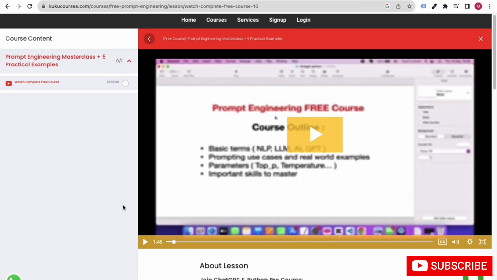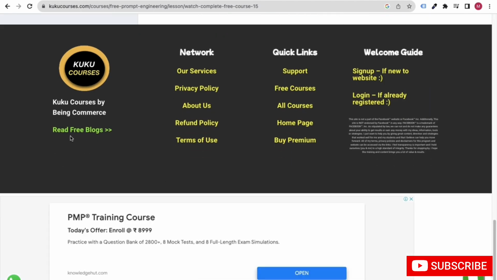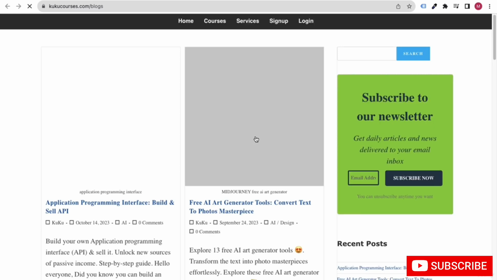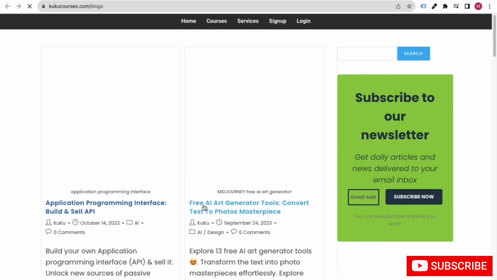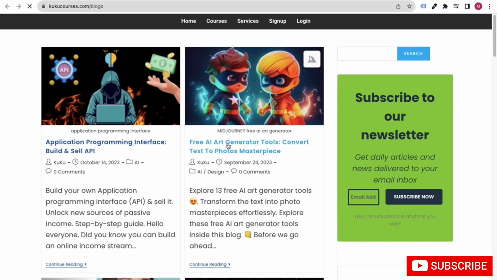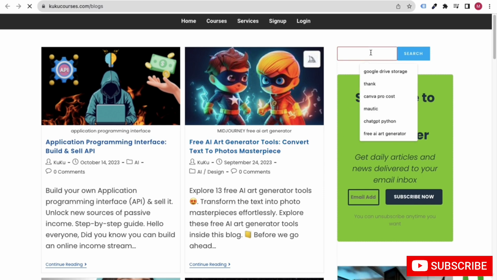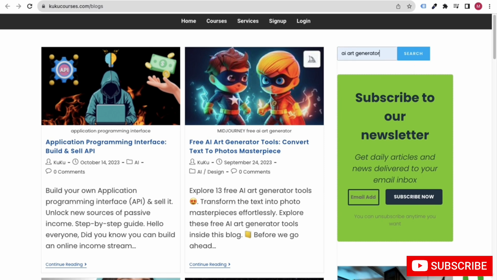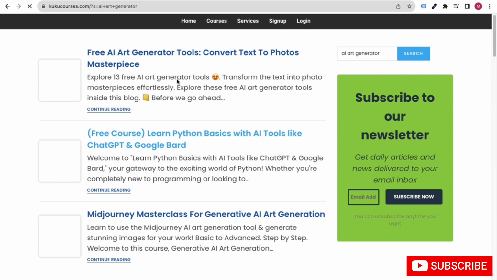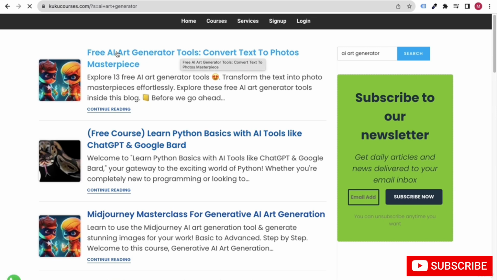And one more thing I want to tell you: scroll down and you will see this option called free blogs. Click on this particular option, and from here you can see this free AI art generator tool. If you are not aware about AI art generator, just search for this and click on the search button. We have this particular blog, free AI art generator tool, convert text to photos.